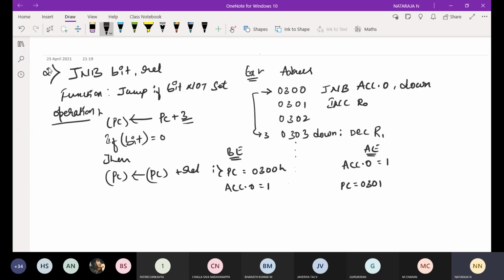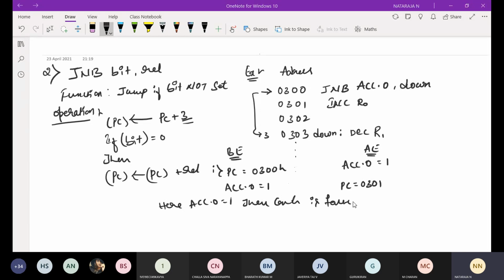Here, accumulator dot 0 is equal to 1, then the condition is false. Make a note: the condition is false.